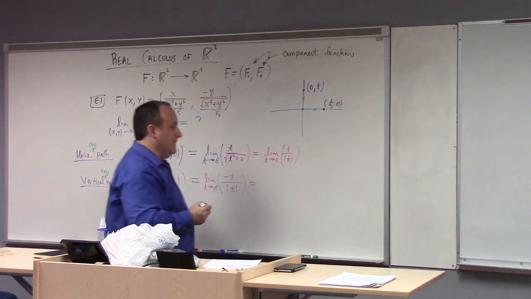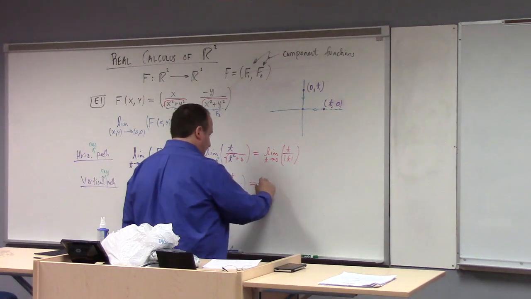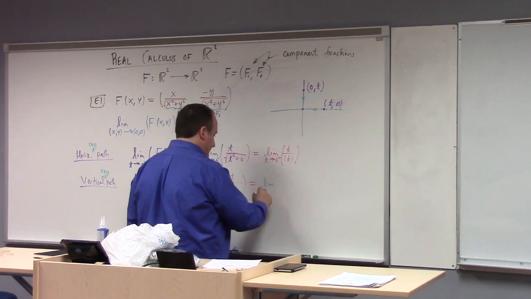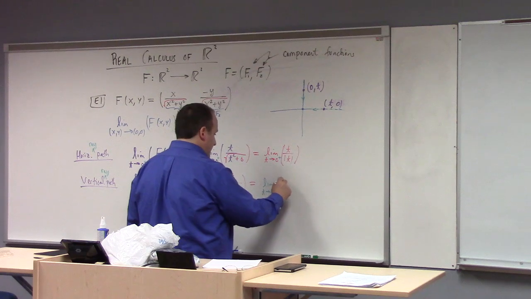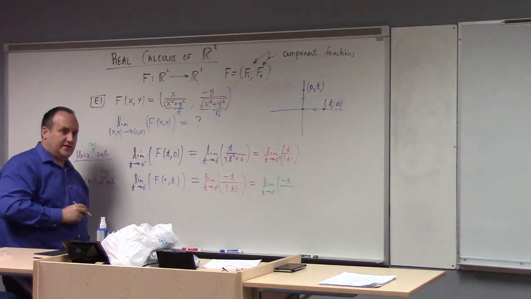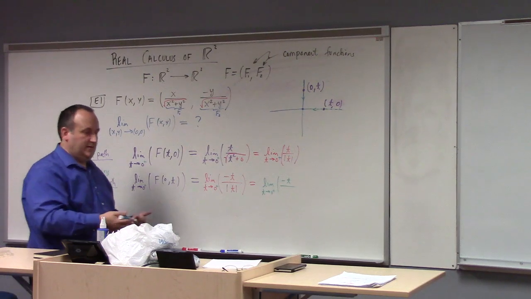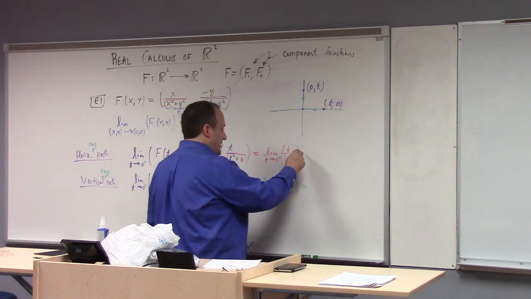And as such, how does that work out? Well, we get minus t over, what's the absolute value of a positive quantity? It's just the quantity again. So that just gives me a t here. And over here we get what? We get,